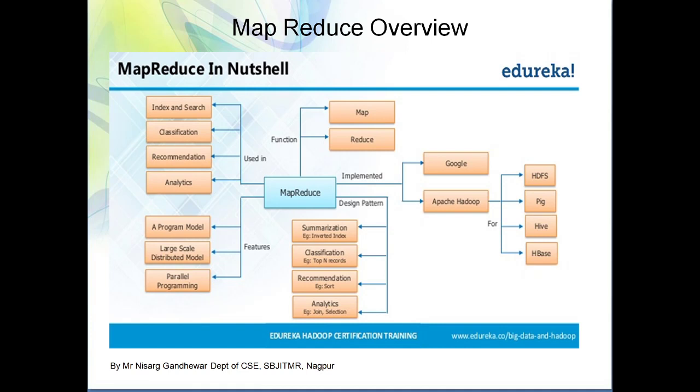Then after performing several actions such as splitting and shuffling, the reduce function will be there, which will reduce the data, which will aggregate the output given by the map function, and it helps to reduce it or aggregate it.